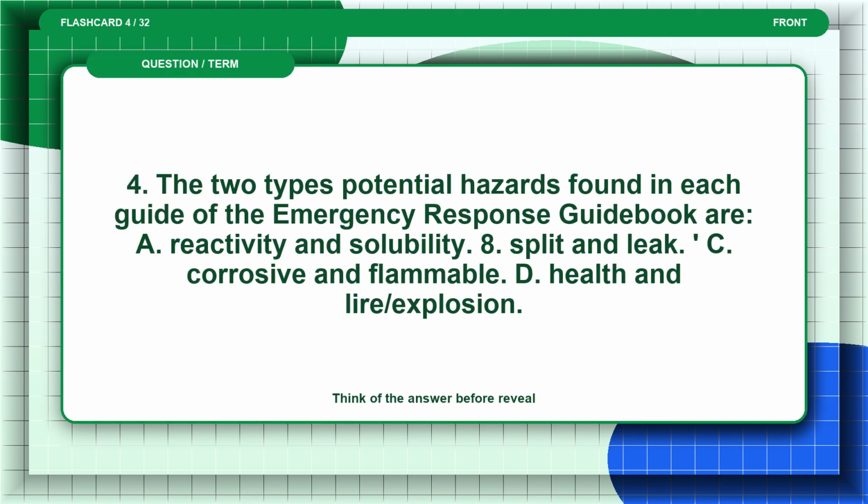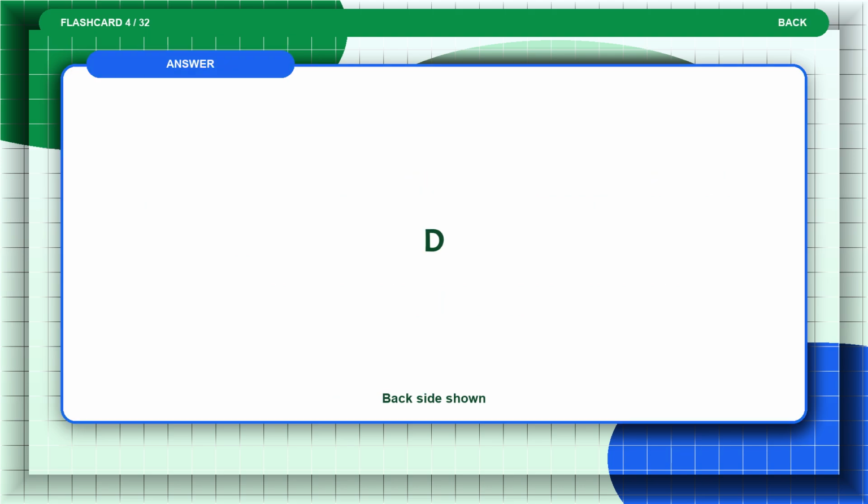Flashcard 4. The two types of potential hazards found in each guide of the Emergency Response Guidebook are: A. Reactivity and solubility. B. Spill and leak. C. Corrosive and flammable. D. Health and fire/explosion. Think of the answer before the reveal. The answer is